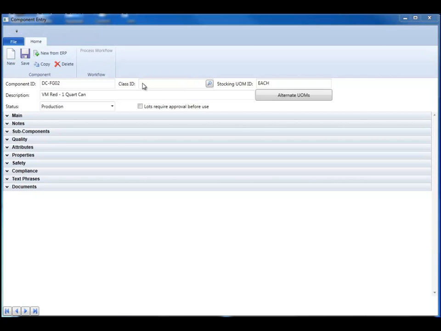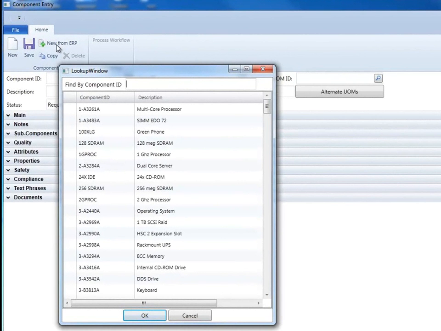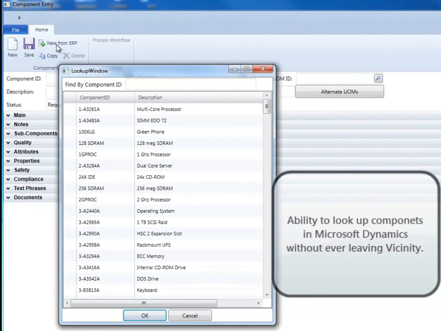In that ribbon bar will be dynamic actions that the user can select. So in other words, depending on what screen you have open will determine what actions are available. In this case, we're on the component entry screen, so one of the pieces that we've got, of course, would be creating a new component, saving, reading components from the ERP system, say from Microsoft Dynamics, that are in Dynamics